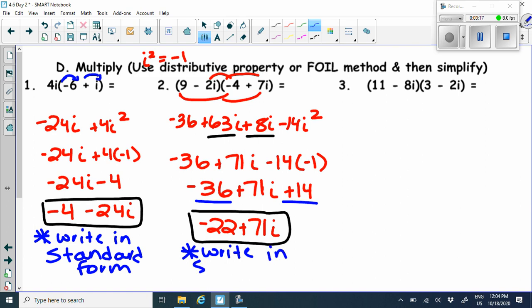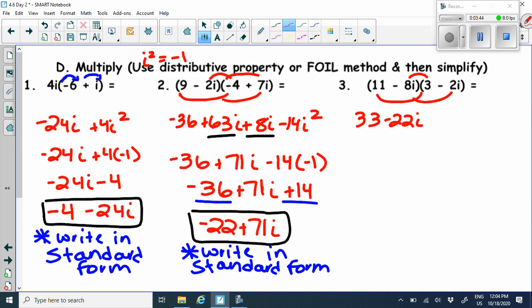Okay, go ahead and pause the video and try number 3 on your own. Okay, let's see what you've got. Okay, this one we are once again going to FOIL. So we do 11 times 3, 11 times negative 2i. So I get 33 minus 22i, take negative 8i, multiply by 3 and negative 2i, so I get negative 24i